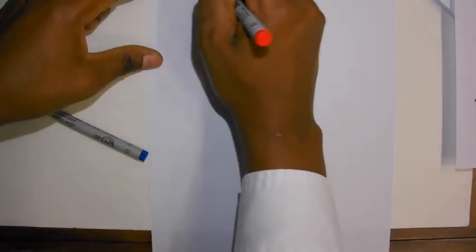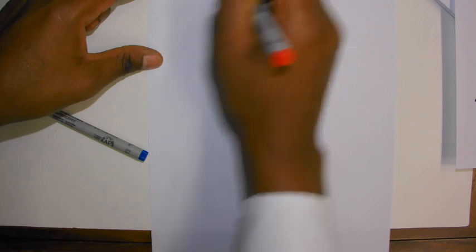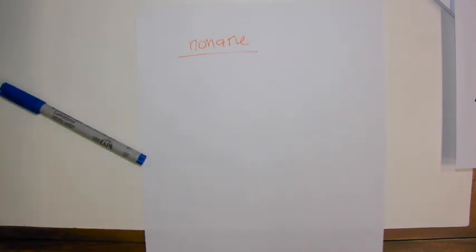Nonane. If it's 9 carbons and it's an alkane, that means this is a long, saturated 9 carbons. Do you guys understand that? Are you with me? And I feel like the first way I can explain the other things is when we do questions. Are you guys following? So let's start with question number 1